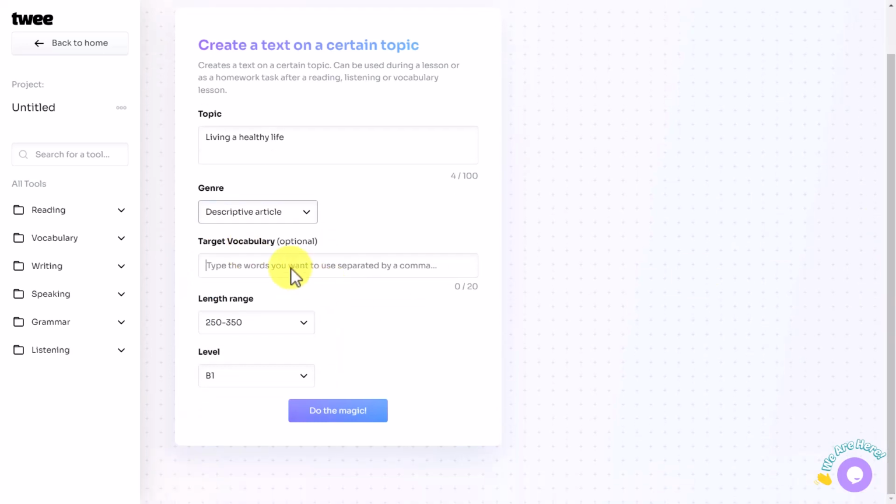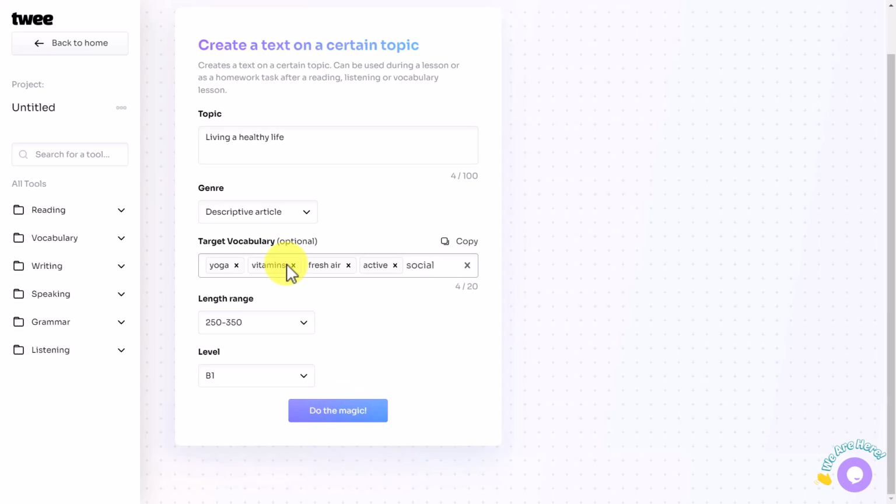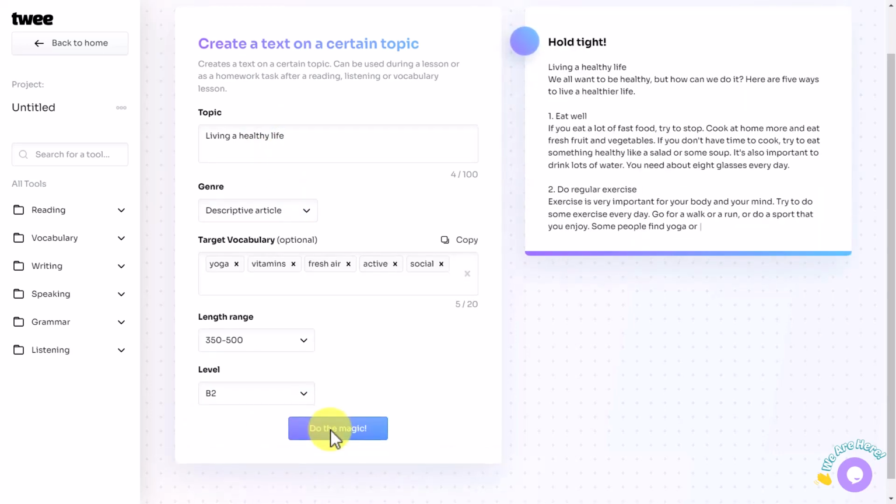Now I can actually specify any vocabulary that I want, so let's put in a few things. Let's put in yoga, let's put in vitamins, let's put in fresh air, and let's put in active, and let's put in social. Okay, and then we're going to choose a range of about 300 to 500 words, and we're going to choose the level of B2, and I click on do the magic, and that text is